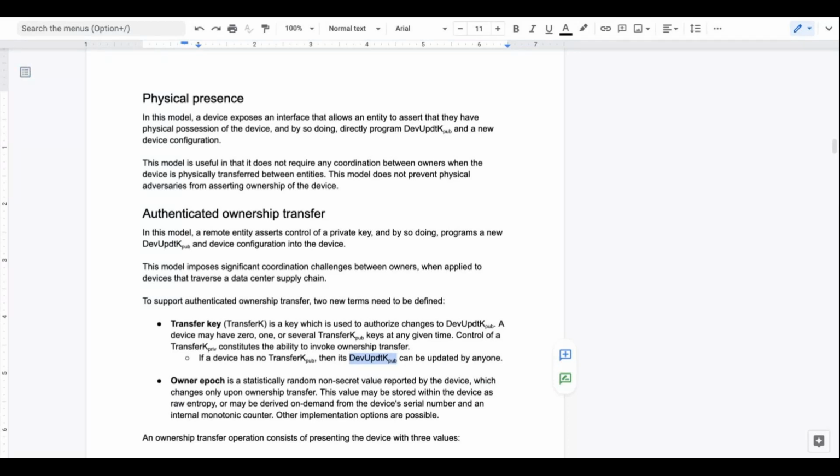In my thinking so far, it's been that we can't get away with requiring a cryptographic handshake if the customer wants to send it back to the vendor to get fixed.